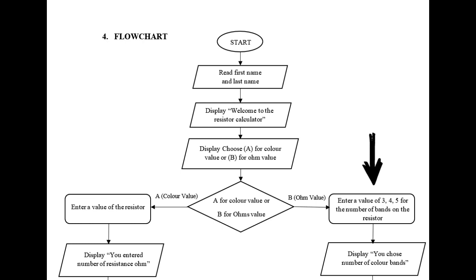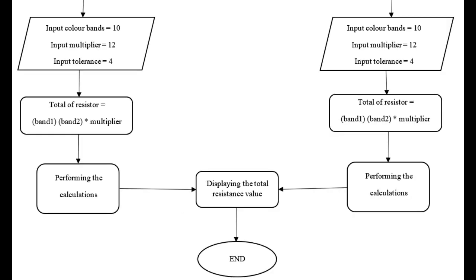Enter a value of 3, 4, or 5 for the number of bands on the resistor. Display: You choose the number of color bands. Input color band equal to 10. Input multiplier equal to 12. Input tolerance equal to 4. Total of resistor, band 1, band 2. Performing the calculation, display the total resistance value and